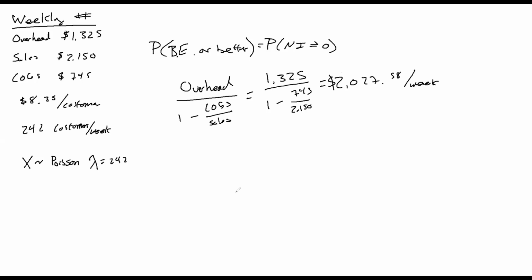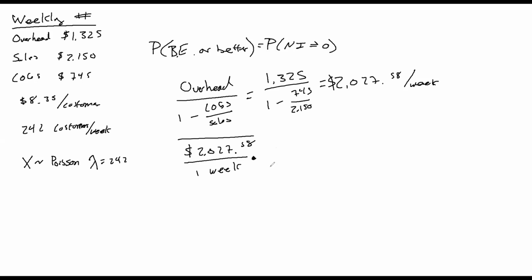Again, we don't have a distribution for net income, but we do for the customers per week. So let's figure out how many customers we need per week to break even. This is where dimensional analysis, which we talked about at the beginning of this module, will come in handy. So this is $2,027.58 per 1 week. We need to get this in terms of customers per week, so it can follow the Poisson distribution. So we need to divide it